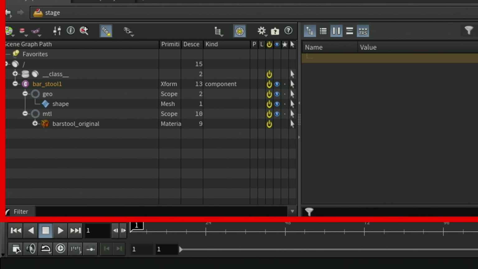This is not to be confused with a primitive or face that you might find in a piece of polygon geometry. A primitive is what USD calls any element that exists in the scene graph tree.